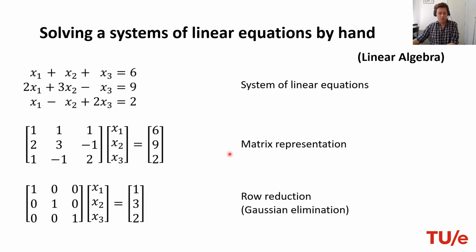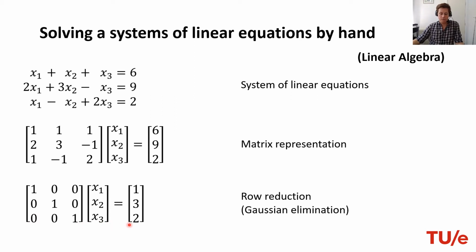And then what we try to do is use row reduction of this matrix system over here. So we use elementary row operations on the matrix, which correspond to adding different equations to each other or multiplying both sides of the equations with a constant factor, etc. And this allows us to get this system into a form, in this case, a diagonal form,